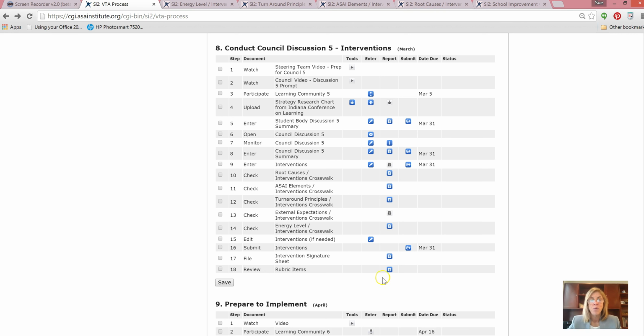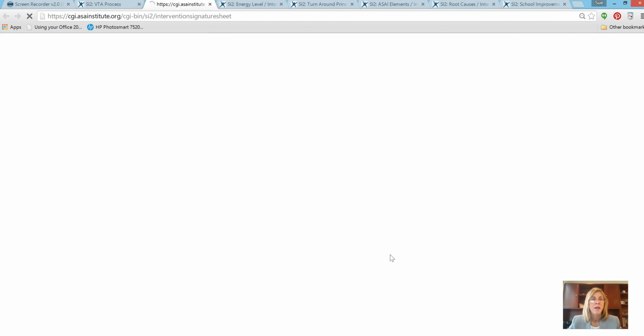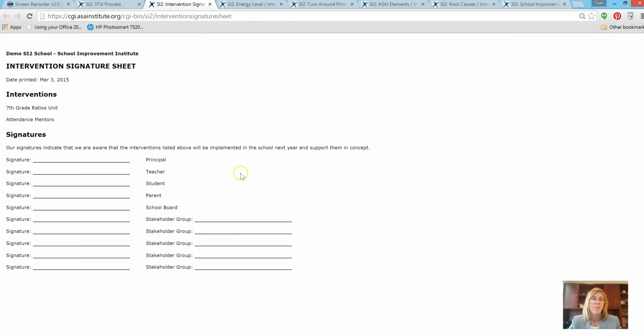The last step is to look at an intervention signature sheet. That is the last chance for your faculty to say that they agree or don't agree with your interventions. It's a last chance for your advisory council or your school improvement council to do the same thing.